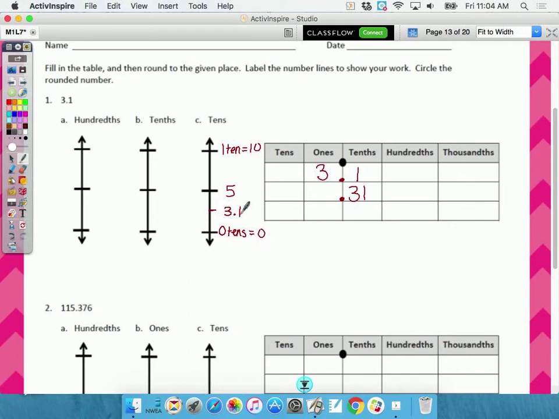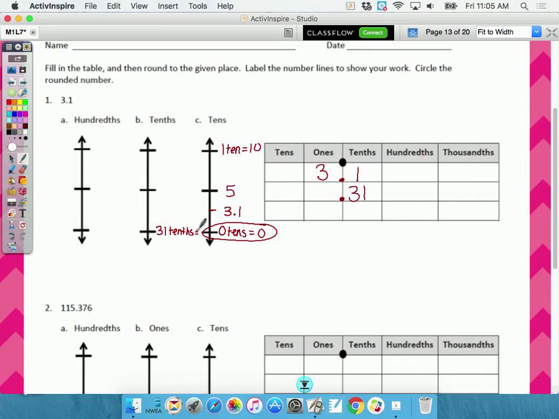So what does this round to? 0 tens. Let me count the items, okay? Watch. 1, 2, 3, 4, 5, 6, and the 0 makes 7. Okay? Let's do the next place value. The tenths comes next, right? Yeah. How many tenths do I have? 31. Remember, I have to slide the 3 over. So 31 tenths